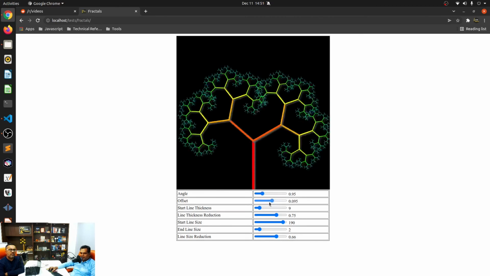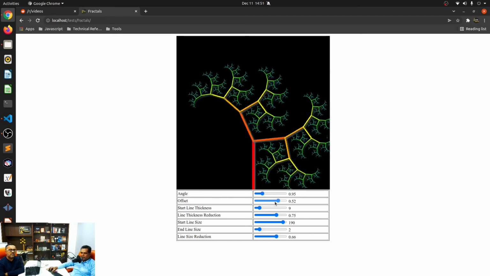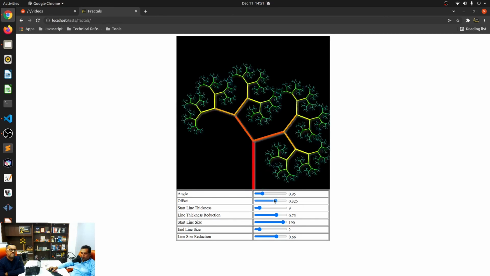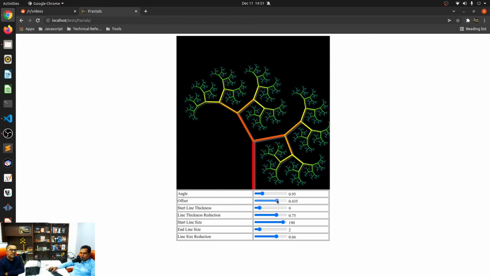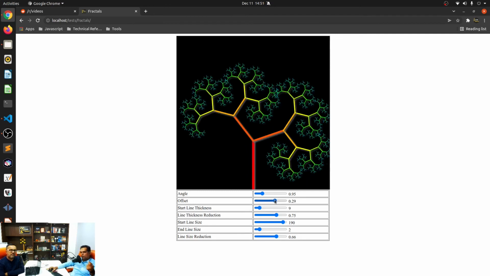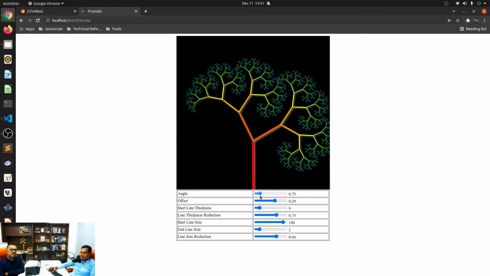Wow. Right. I think it's a very nice function to play with, and a very nice understanding of how recursion works. Every branch of this tree that you see is essentially a recursive call. Right. So this is a recursive call. This is a recursive call. And then recursion all the way through, and every single branch that you see over here, those are all recursive calls, all drawn through recursion. Very cool, very nice. So fractals and recursions, I think two of our favorite things.